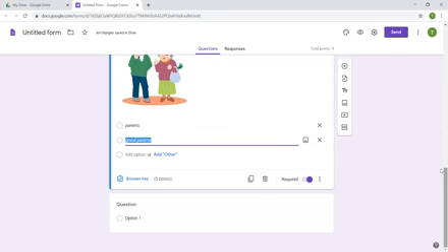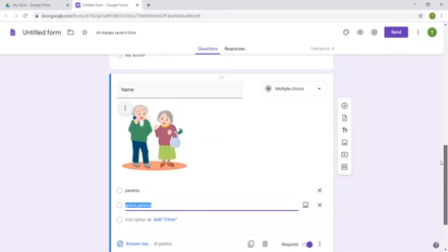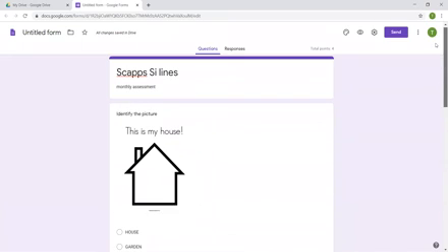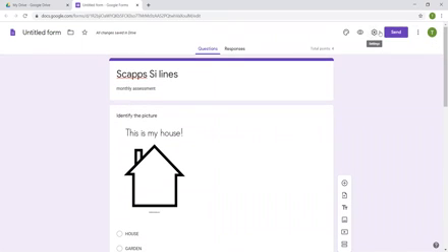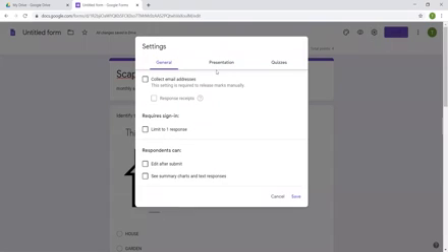Now how to do the auto correction part in this form, this was the image part. Next is the auto correction part. For making auto correction, you just have to go to the settings, and then there are 3 options. One is general. In this general, if you want to collect email addresses of the parents, and if you want to make a report card and send it to the email address, then you can collect their email addresses. So you can tick. There will be an option where the parent has to enter the email address, otherwise the form will not be submitted. So we are not doing this.